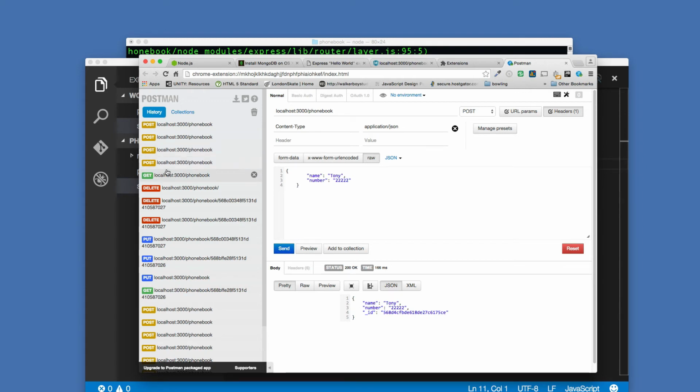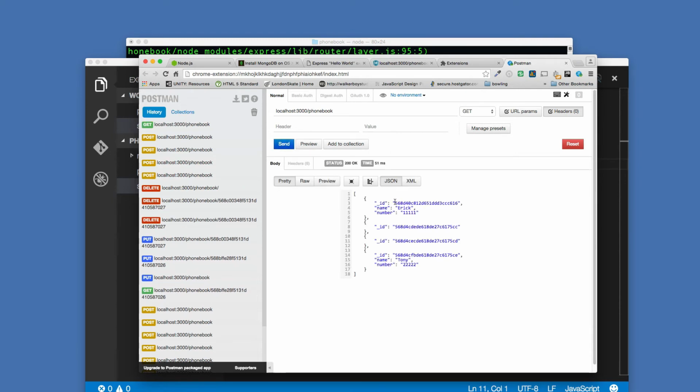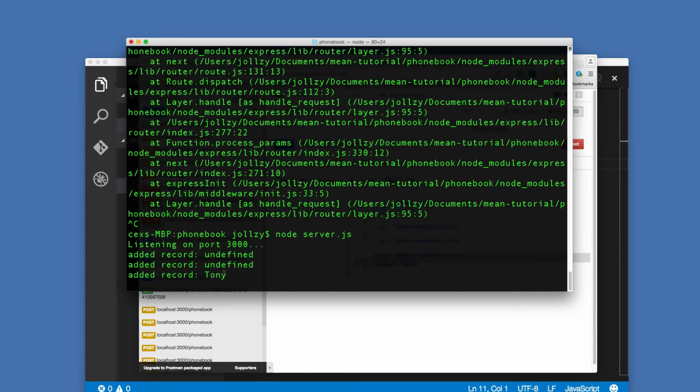So if you go to your get function just there, and I call it, you have two completely useless data in there, because there is nothing in them, two of them, and then there is one which you have Tony in there. So congratulations, you completed the add method. As you can see, if you look at your console or your terminal, you can see now Tony has been added. Before you couldn't add. So anyway, let's stop the server